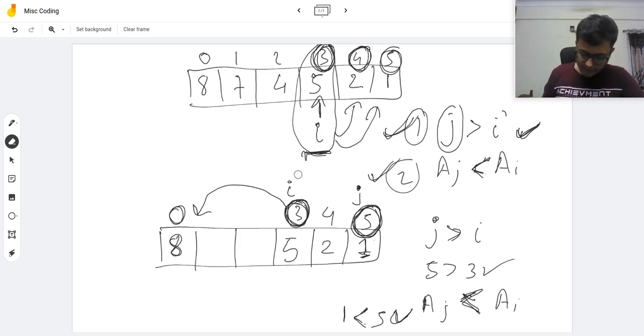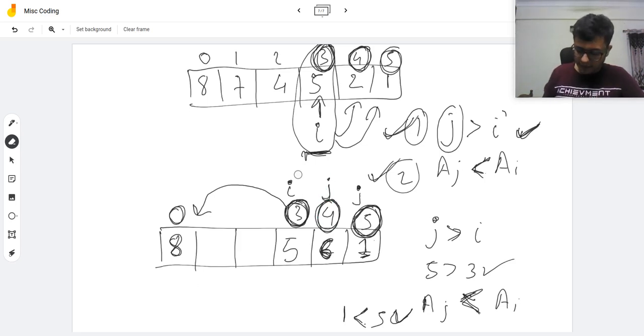And let us say that this number was, instead of 2, let's say 6. In that case, can the friend sitting at position i give the candy to the friend sitting at position number 4, considering this as the jth friend? Can it give the candy to this one?